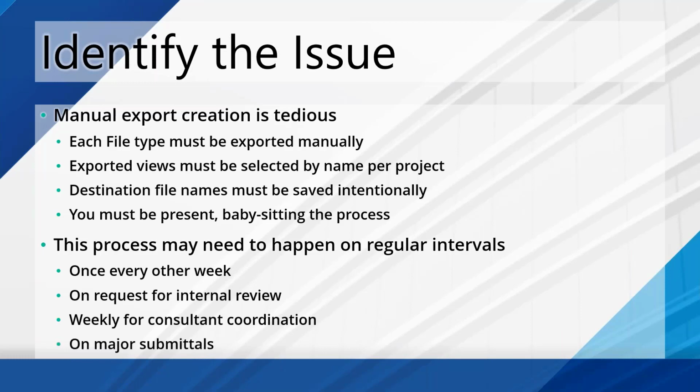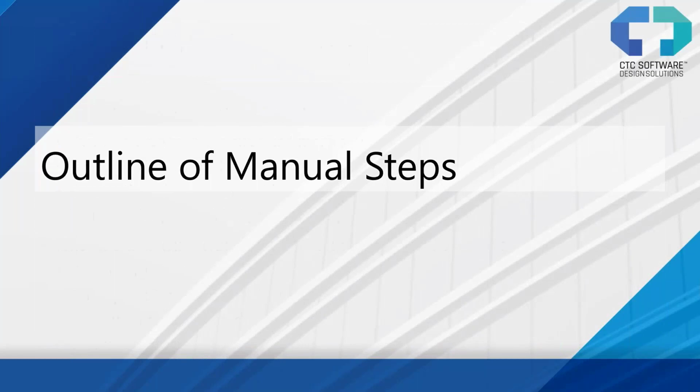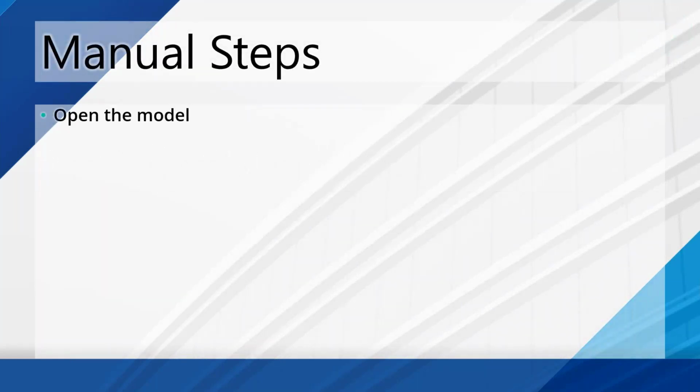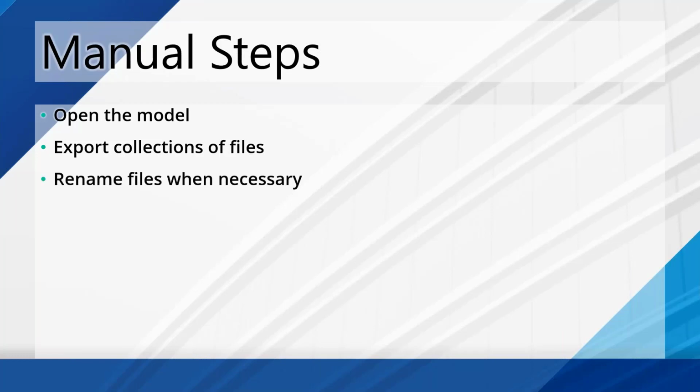You might be doing those exports on a weekly basis. And certainly you're doing these on major submittal processes where you're doing a 50% DD or 75% CDs or whatever. So you're going to do these exports on some kind of interval repetitively, and we all do this over and over again, and it takes time. Those manual steps: you have to open the model, you have to export collections of files, whatever that collection happens to be. If that export doesn't go quite exactly as it's supposed to, or the naming process can't be fully automated, you need to make sure you rename those, because a lot of the people we're exporting for have specific naming conventions